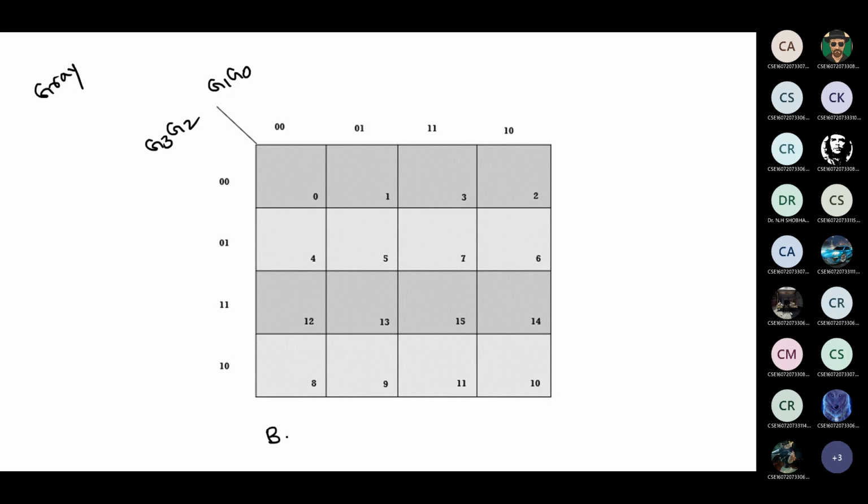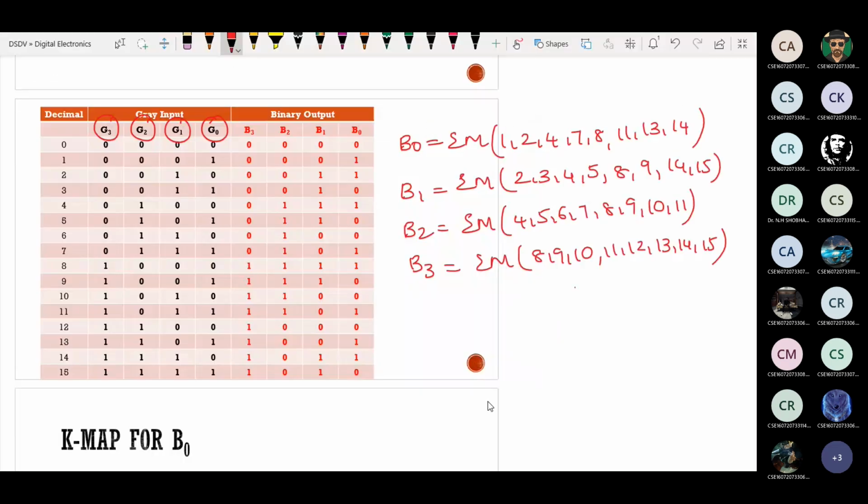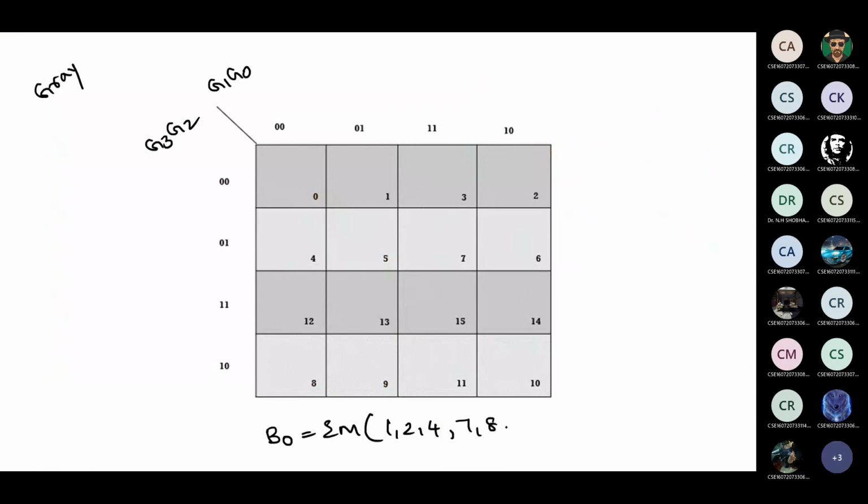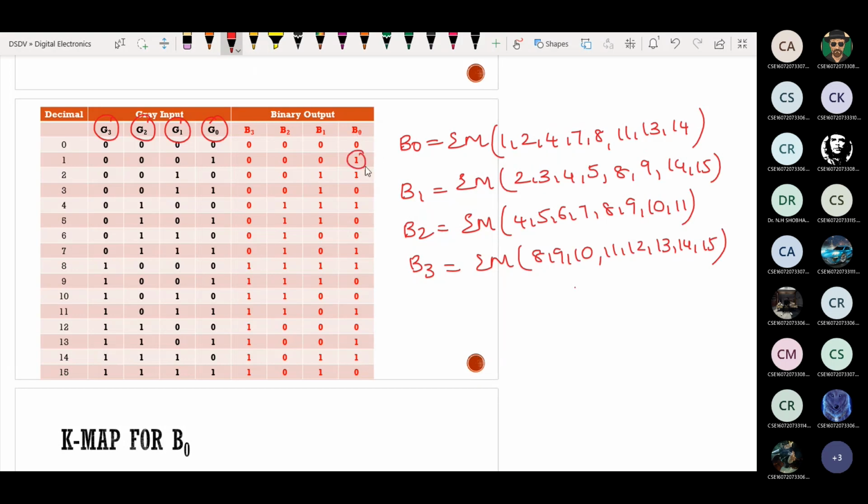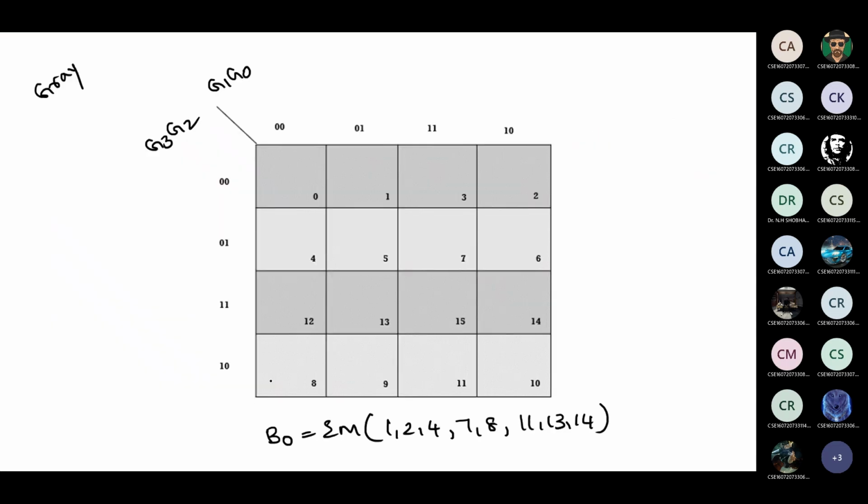So do it for B0. B0 is equal to sum of minterms. Try to plot and tell me the answer. So 1, 2, 4, 7, 8, 11, 13, 14. In these positions, take 1.